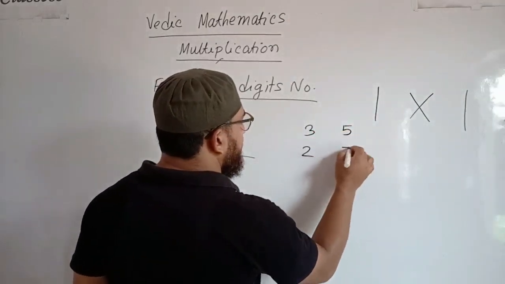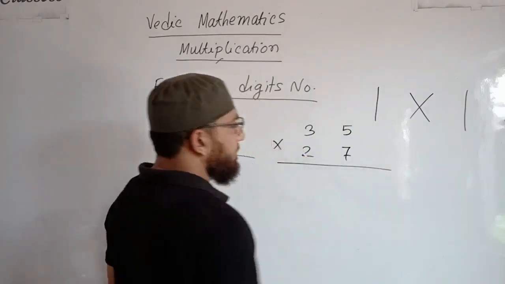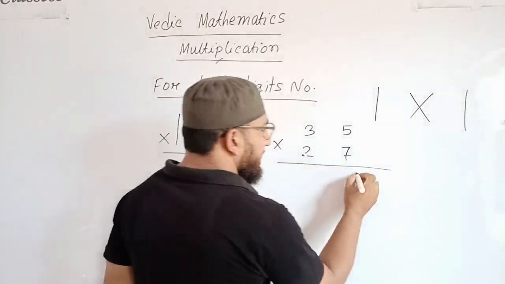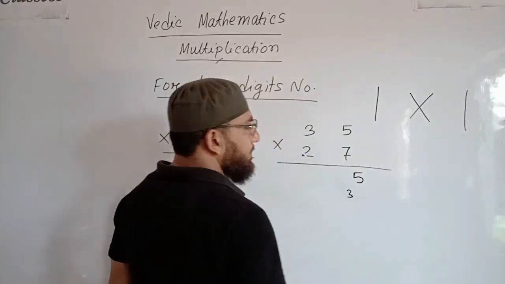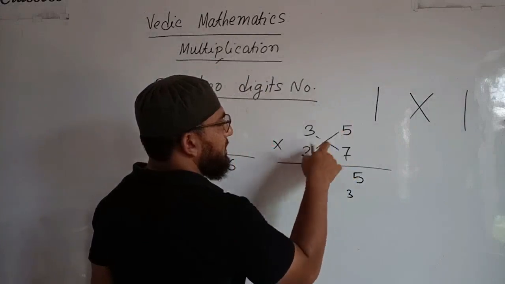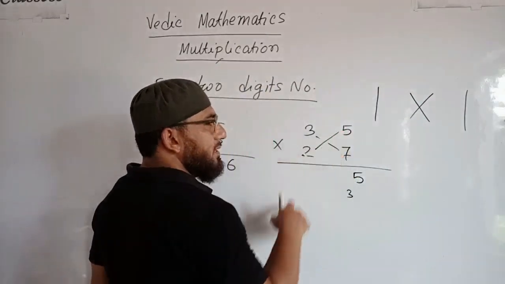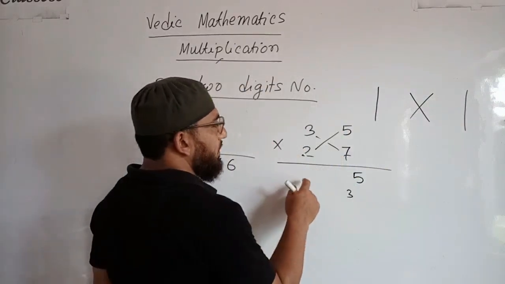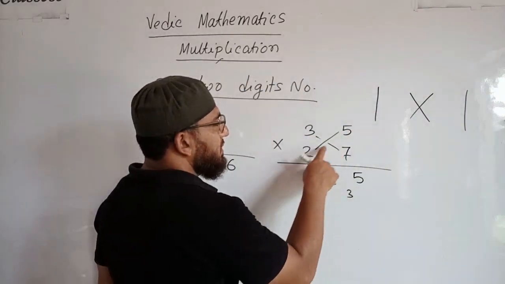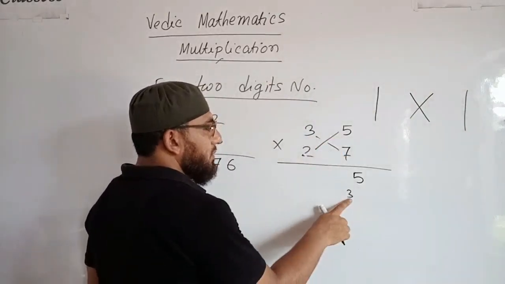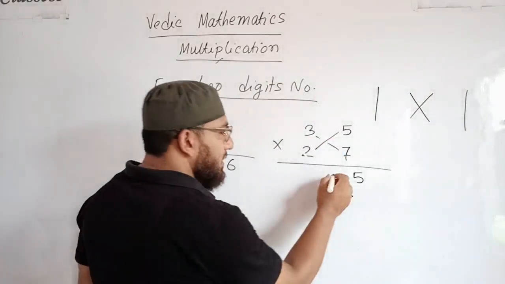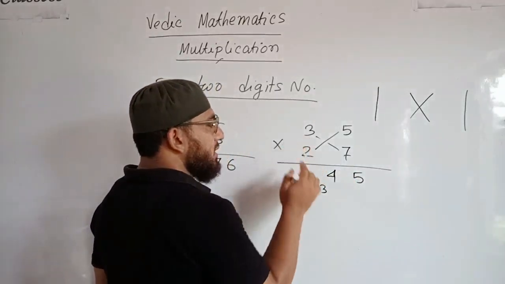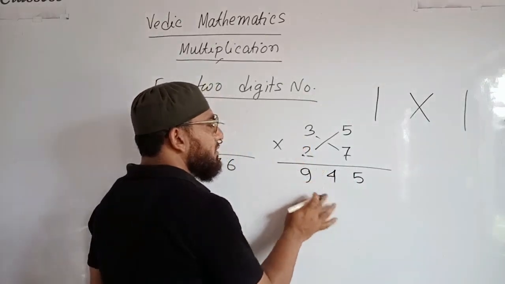So you have multiplication of this. So first multiply vertically, 5 into 7 is 35, carry 3, then crosswise 21 plus 2 5s are 10, 21 plus 10 which is 31, 31 plus 3 is 34, 4, and again carry is 3, 3 2s are 6, 6 plus 3 is 9, which is the required answer.